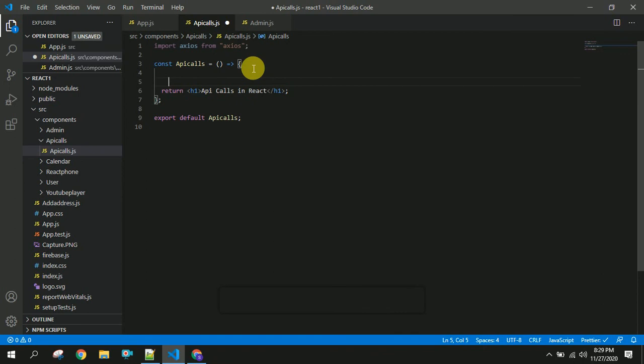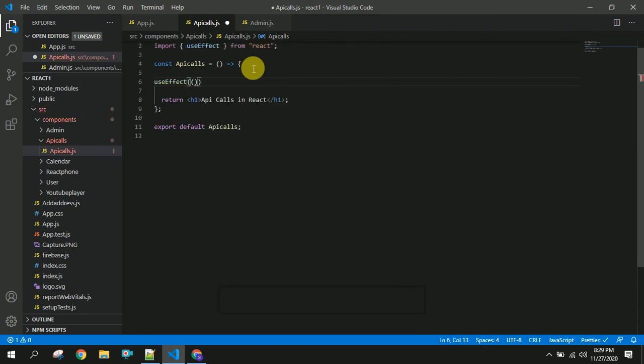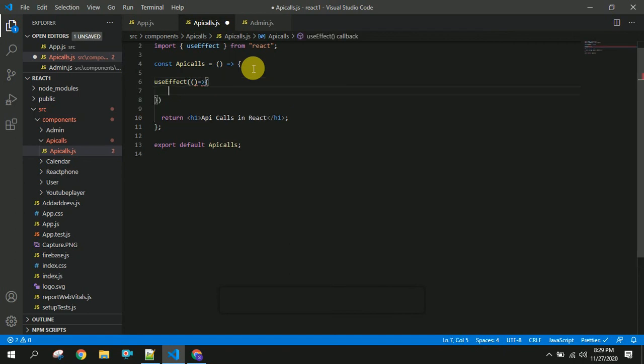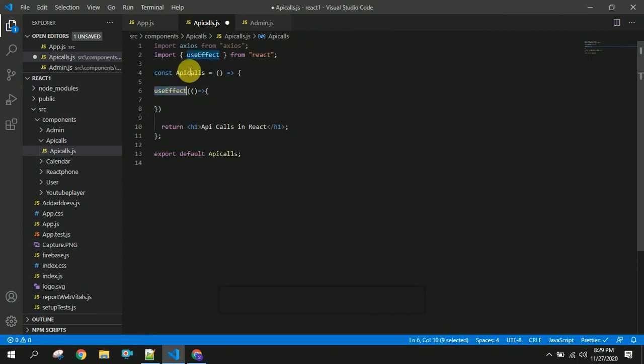If you want to call any API calls or anything while this component is rendered, then you should use useEffect here. So as I have created useEffect, it will automatically take this useEffect here.